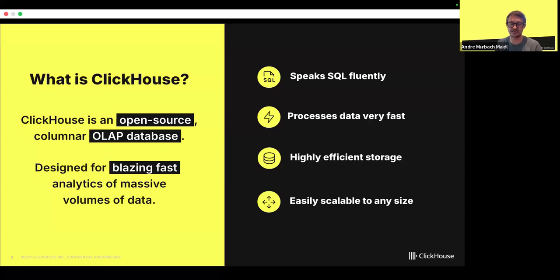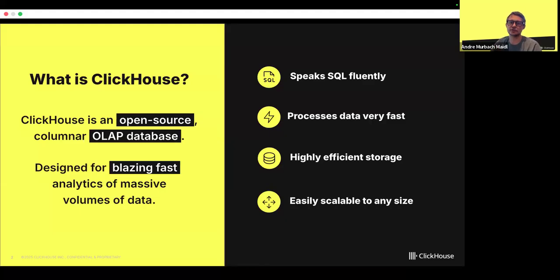This makes ClickHouse very cheap for storing lots of data. But the fact that the data is also sorted and compressed on disk, when you run these queries, this is what actually helps make ClickHouse very, very fast to process very big volumes of analytical data, because you can also tell ClickHouse how to skip data.